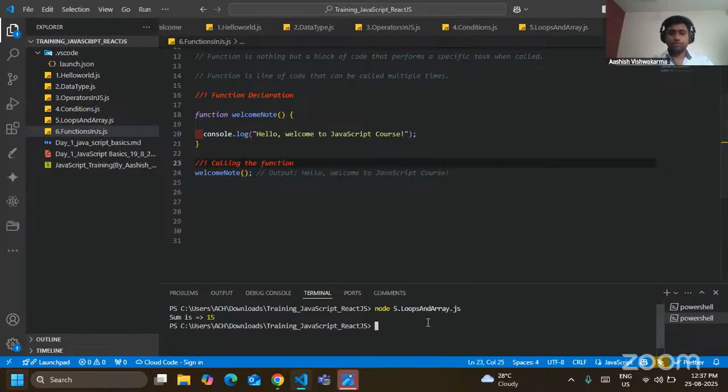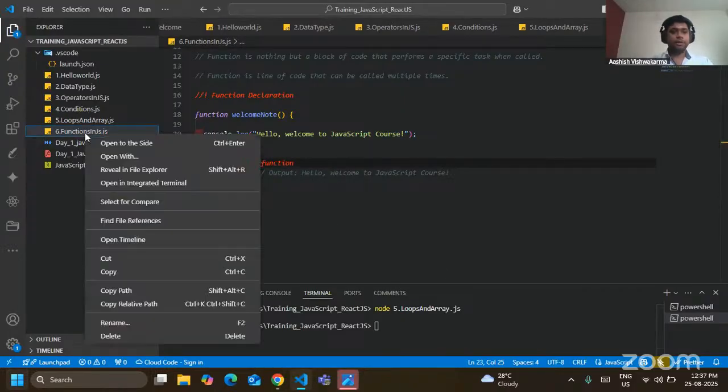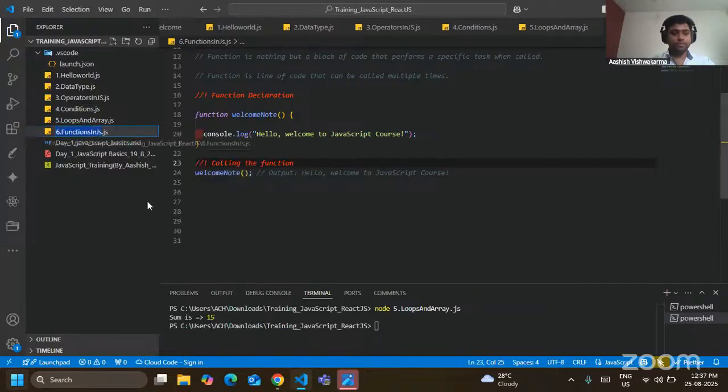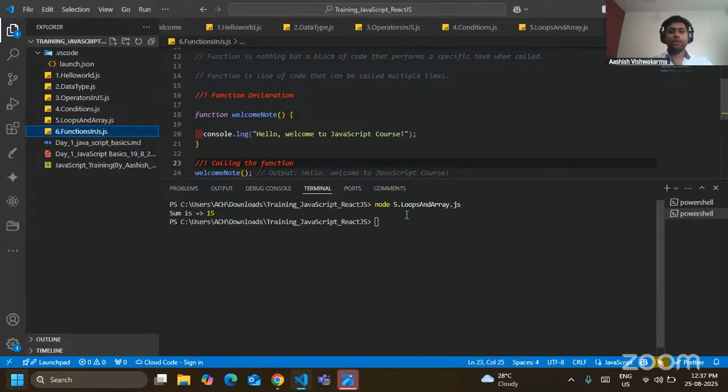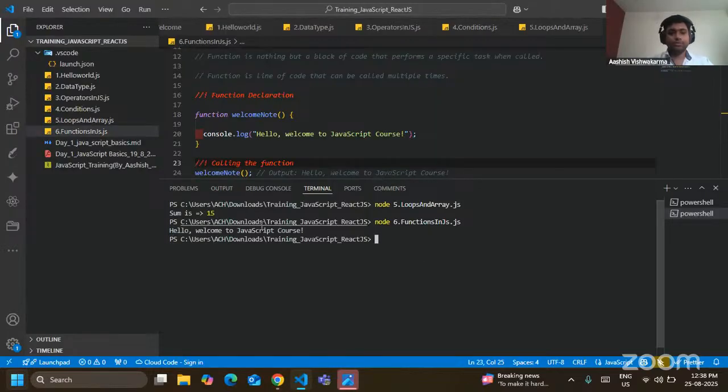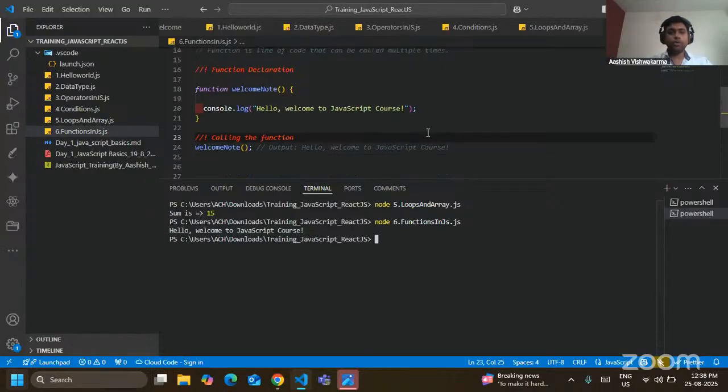So yeah, let me make this file name copy. And we already know, we are masters in JavaScript now: how to run the JavaScript code, what is hello world, data types, operators, conditions, loops. We are masters in that, all right. So we just need to write node and the file name dot js. So see, you are getting the output here, hello, welcome to the JavaScript course. Okay, so